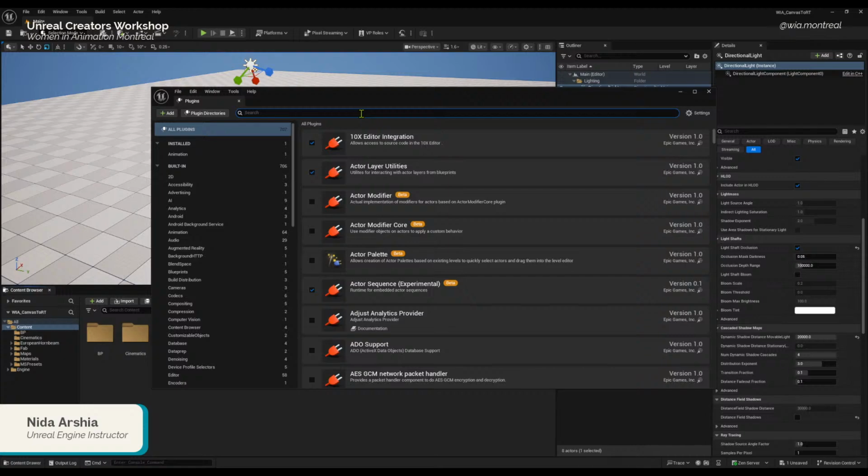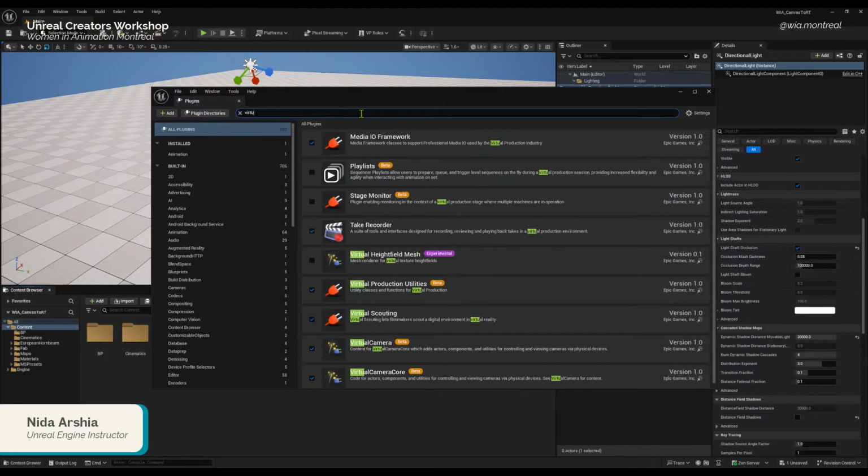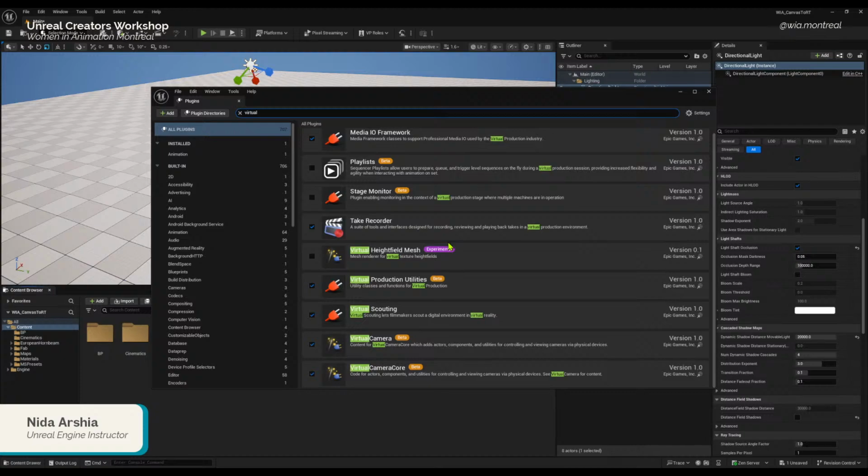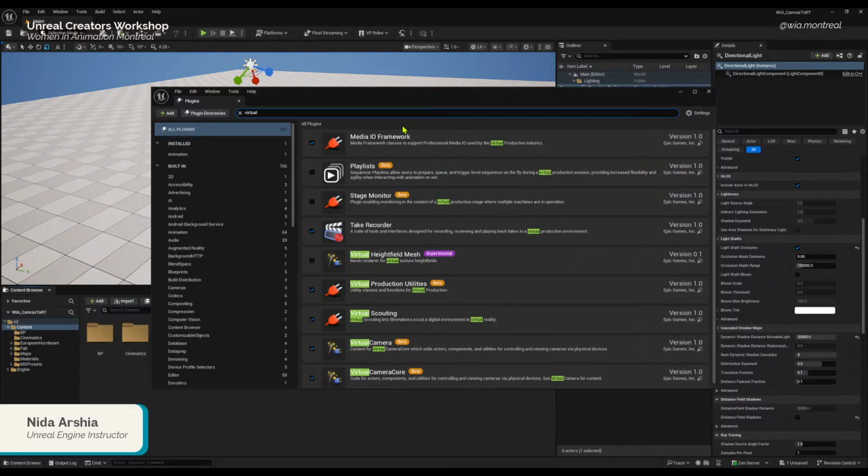If I want something from virtual production, I can search for the plugin, and I'm going to get some of the tools that are available in the other templates. They're going to be enabled for this project.